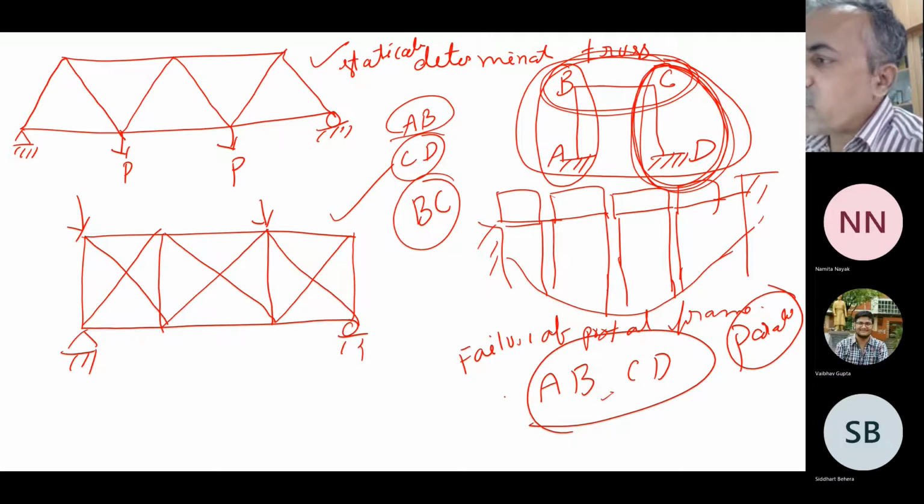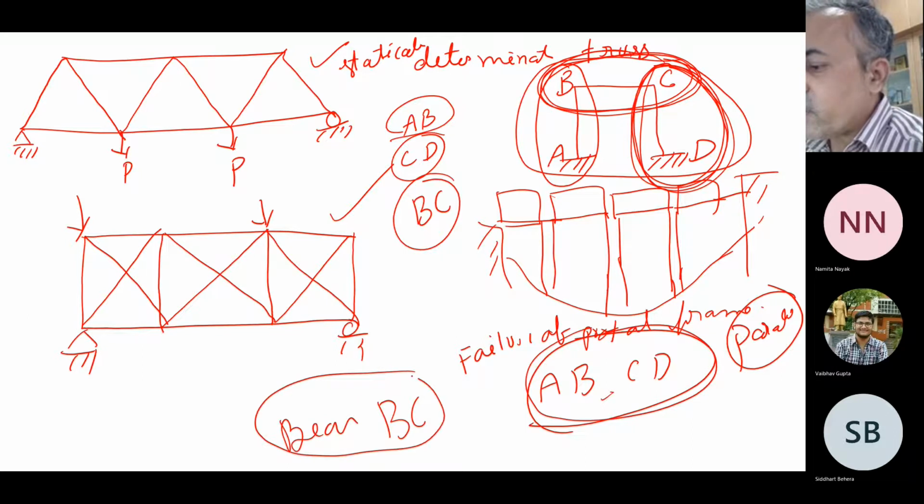Now the columns and the beam, how are they linked here? If both columns go away, then the portal frame is collapsed. In the same portal frame, if the beam collapses also, it is no more a portal frame. So what is your comment? Beam BC and the columns AB and CD, which are already in parallel, what is the link between these two? The beam and the two columns, are they in series or parallel? Series. They are in series connections.